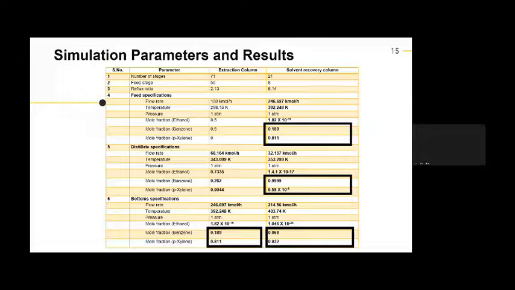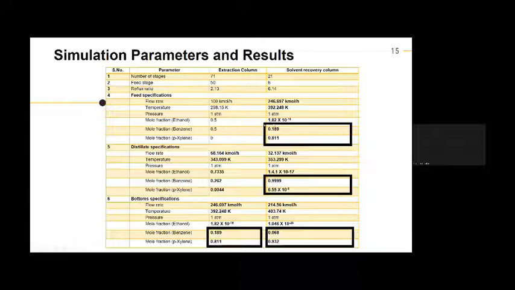Now, after using the CAPE-OPEN simulator, the COCO software, there are a few results that I was able to generate. After the simulation, this is just a huge table of all the things that I found. So all the values which are present in bold are the results of the simulation, while the non-bold values are the feed or the assumed values of the system. So as you can see,